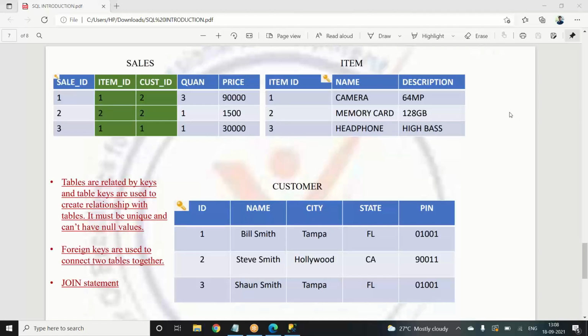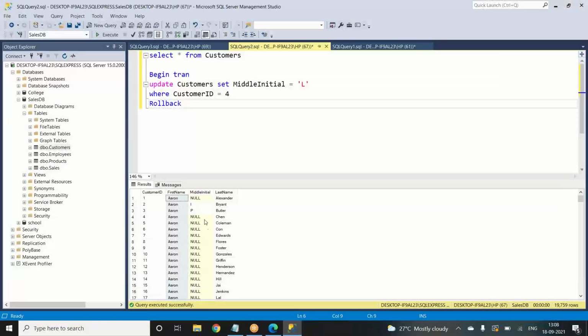Yeah. So someone was asking something here. Just when we are entering this command, and if we don't specify anything like not null or null, how does the table show up? Is it going to show up blank? So if we specify it as null, for example, you can see in this, when we specified null, it will show it as null. It will not leave it as blank, but it will show it as null.